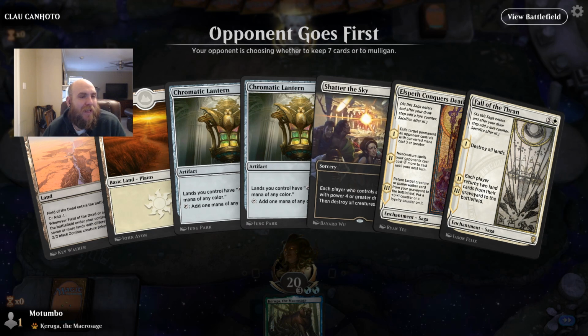So if we draw land, this is okay, because we do have a Wrath. If he's playing an aggro type deck, it's fine. I think we have to keep this. I know this is a greedy keep, but I think the potential payoff here is just really good. Or at least being able to control the game. Maybe not the payoff per se, but